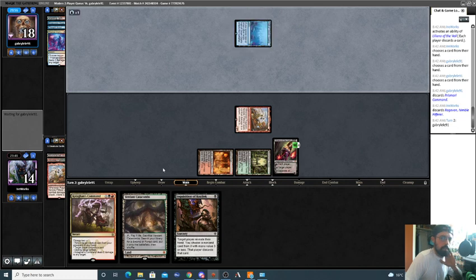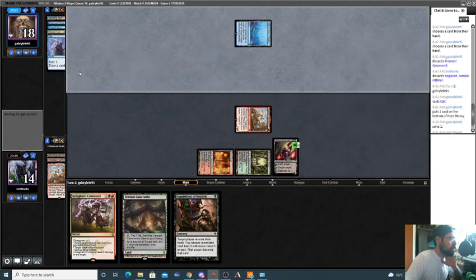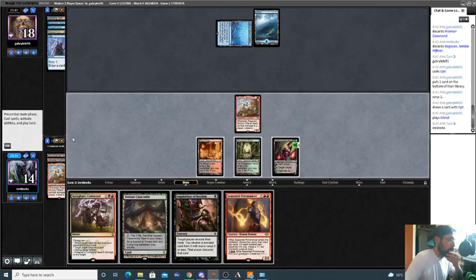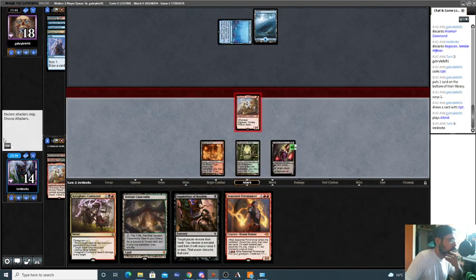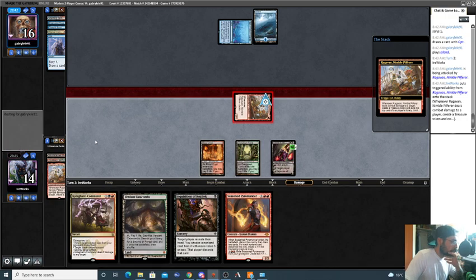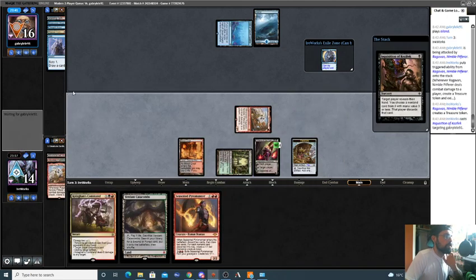Prismari Command, okay. Opt, sure. They bottom, okay, and Island pass. Pretty interesting. Let's connect with Ragavan first. Okay, can't cast that. I think we're most interested in Inquisitioning here before we do anything else, and I might go for like